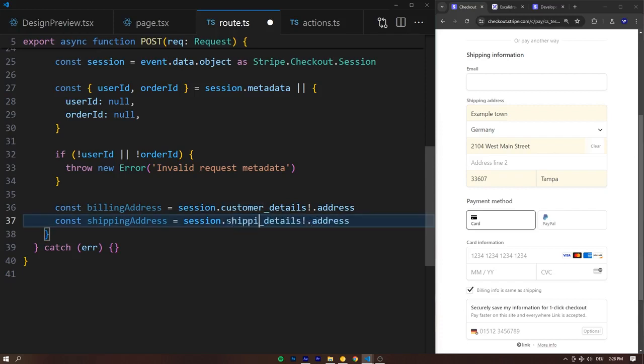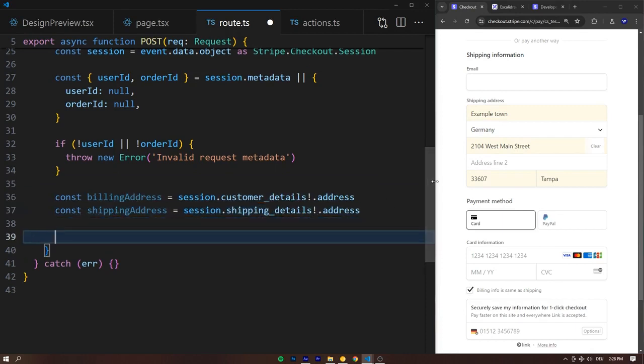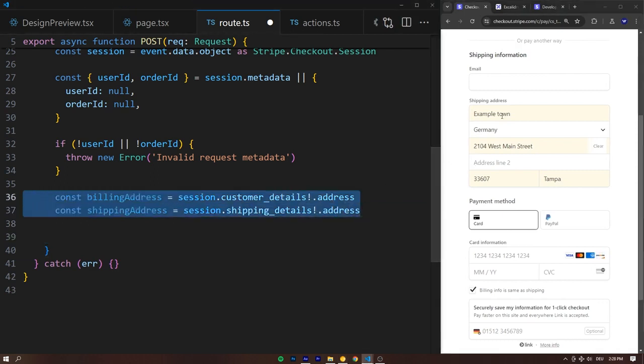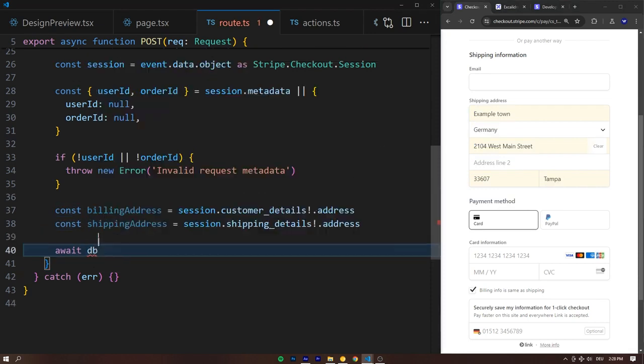underscore details.address. So that's where we need to ship to, which is often going to be the same as the billing address, as I just explained, right? And then we can simply go ahead and update our order with the stuff that Stripe provided us, where we need to ship this, right? Very important. So we can say at the very bottom, let's await our database. Let's import that